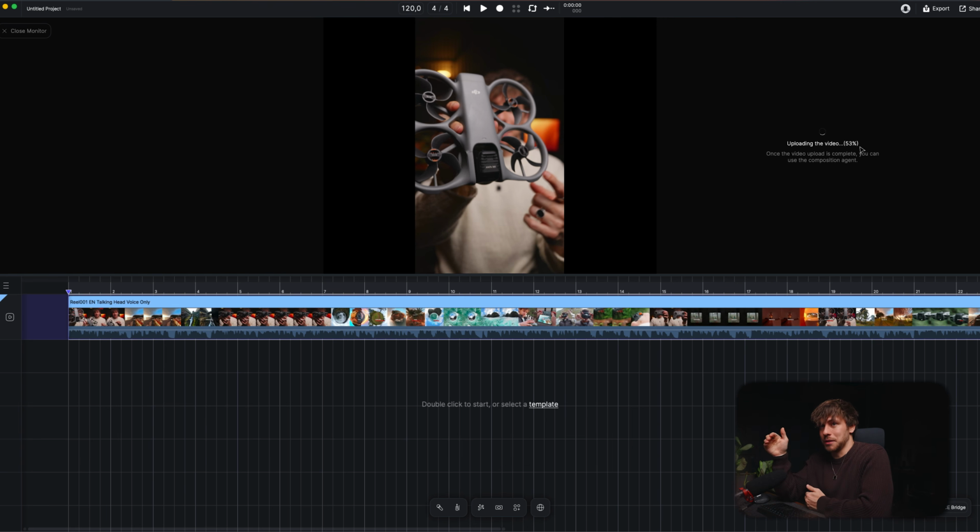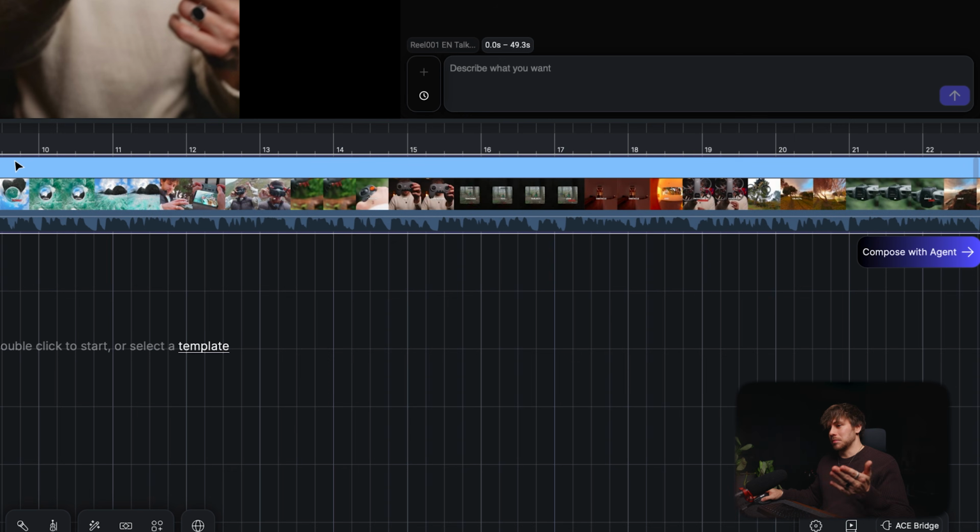The reason why it uploads the video is so it can really analyze it, like cut by cut. It will analyze every scene, every movement, and that's how you can add sound effects and music perfectly to your video. Now, if you click on your video layer, you can just press Compose with Agent, and it will open